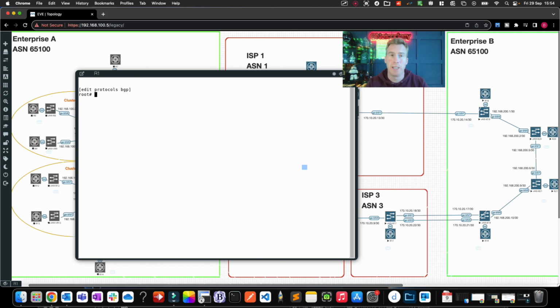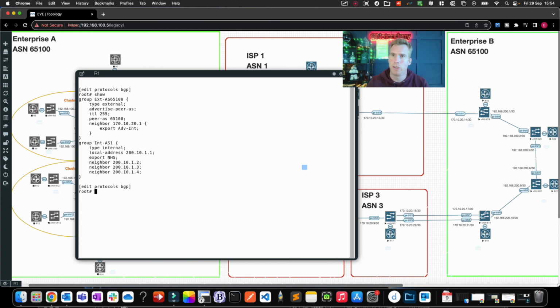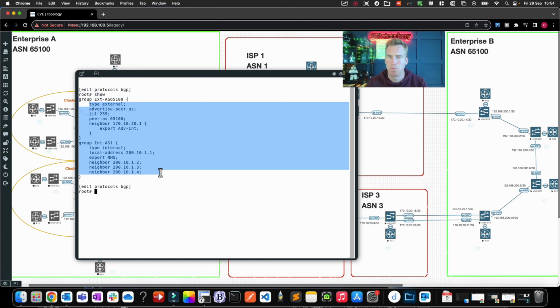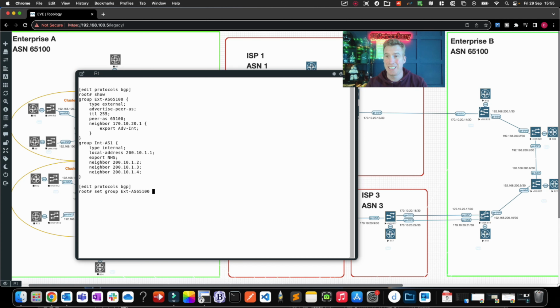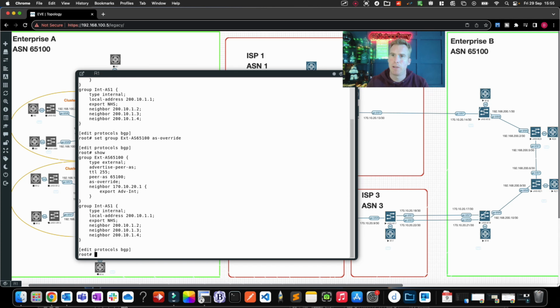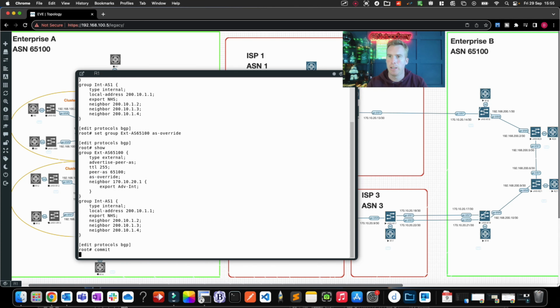So here I am. I'm already in edit protocols bgp. If I just do a quick show, you can see everything that's still being configured in previous videos, and in this video, it's still there. Now, as I said, we define AS override at the group level. So if you've got neighbors which are going to the same enterprise network but in different groups, you'd have to do that per group. It's not done at the BGP level. So let's do set group, and I want to do this for the external, and the command as-override. Let's do show, and we can now see it is here, as-override,